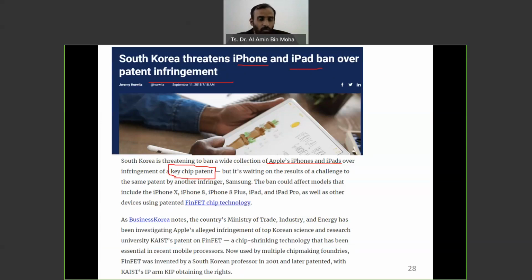Actually, it's not a full, complete set of the alphabet. They have their compartments, they have their patterns. So here is the key chip patent, but it's waiting for the result. We don't know. You can read the whole story, but again, everything is related to politics, business, and so on. The most important thing is you secure your knowledge and your profits by securing the IPs. So that's all for subchapter 3 on managing intellectual property.